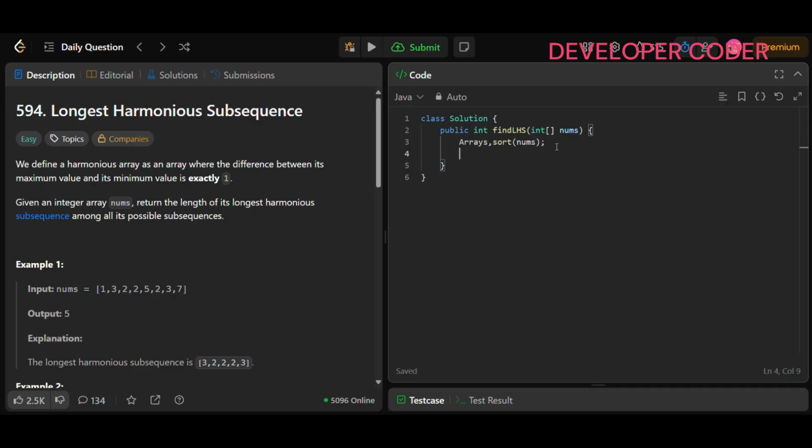Once sorting is done, take your left pointer, okay, two pointers approach I'm going to use. Put left at 0, and take the max length initially as 0 only. Done. Then initialize one more pointer, right. You can use a for loop: right is equal to 0, right is less than n, and right plus plus. And here what you need to do is just check if nums[right]